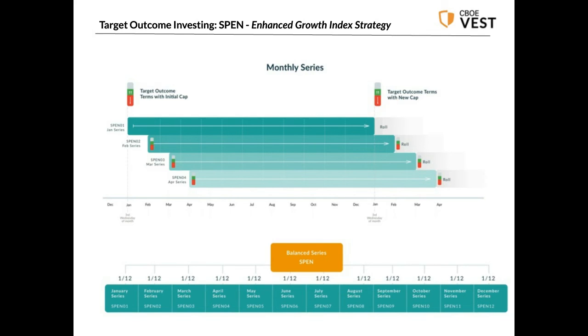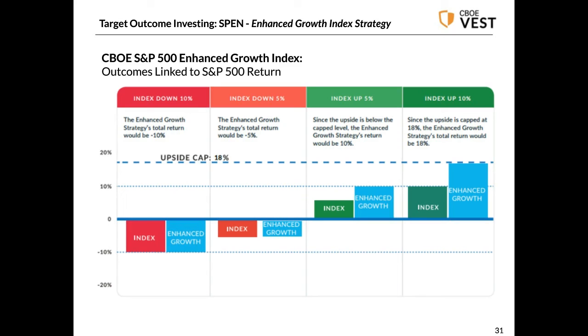It may be clearer to look at a profile like this, where we're looking at what happens if the index is up or down up to 10%. And so you can see that in this enhanced growth index, you would be getting amplified returns if the index is up 10%. But most of the caps in these strategies that would deliver this 2x upside cap returns are in the 16 to 18% range. So if you were observing a market of 20% returns, you might not be participating above that level.